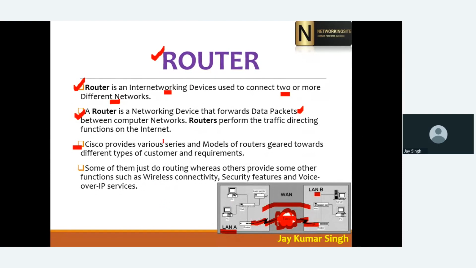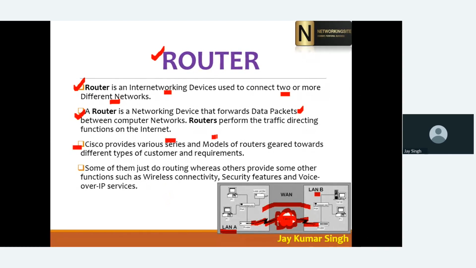Now Cisco provides various models, or you can say series of routers. Like we have the 2500 series of router, 2600, 2800, 4100, 6200, something like that. So don't get confused by the series of the routers. Like we have computers with Core i3, Core i5, Core i7, and in that we have processor generations. In the laptop we have the processor, RAM, same here, routers also have series models.